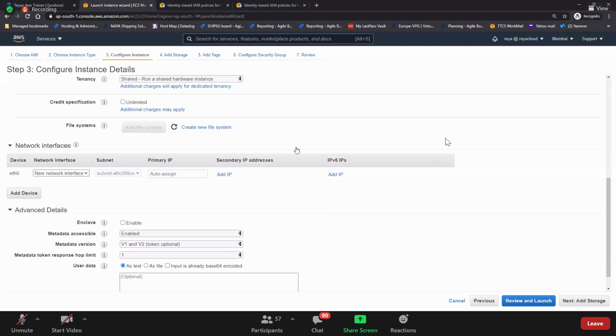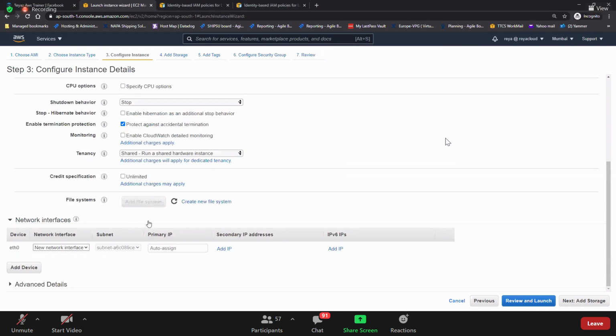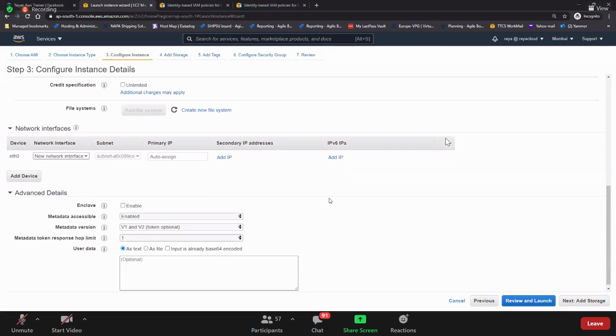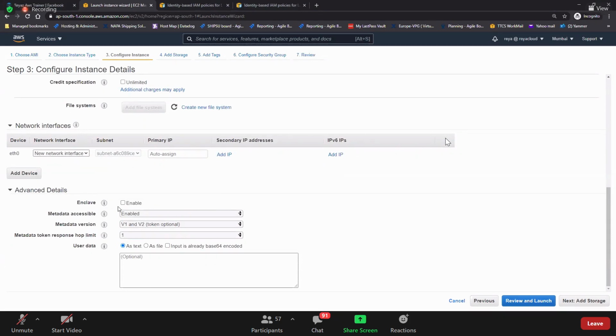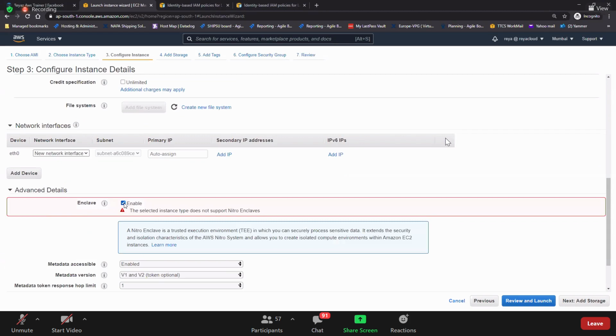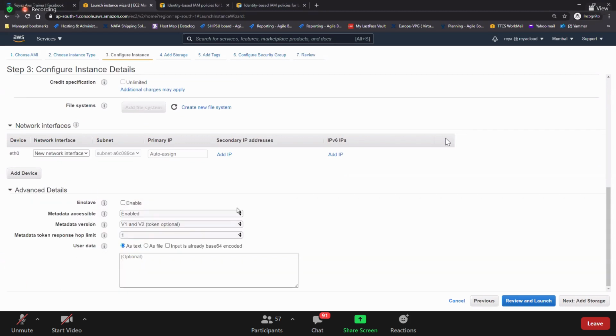Got this? And then you have advanced settings. Advanced settings, you can leave it just like that. But here, don't keep everything default. This is related to the metadata. Remember metadata? Do you remember that URL? 169.254.169.254/latest/meta-data, right?